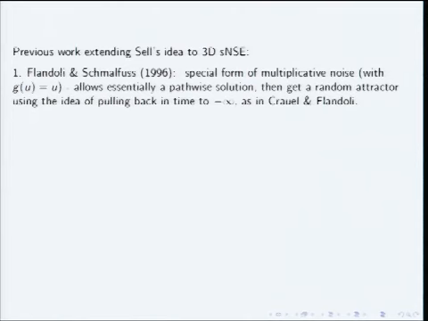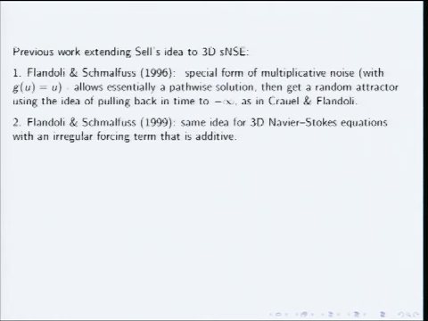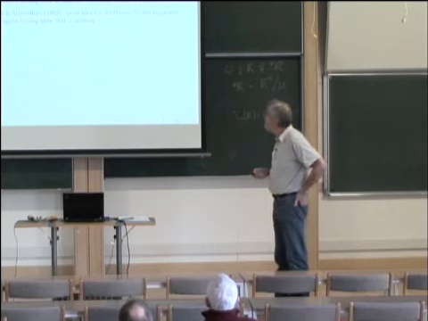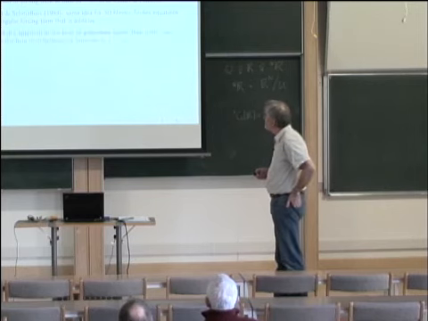Well, there was some work done earlier with Franco and Schmalfuss, where they looked at a case where there was a multiplicative noise, which is what we're dealing with, but it was a rather special form, and it actually allowed you to do essentially pathwise solutions, I think it's fair to say, and so you could do the pulling back idea. And then with an additive type of noise in a slightly more general setting, you can do the same sort of thing. A sort of pathwise approach. But in terms of a truly stochastic setup, nothing, as far as I'm aware, has been done.